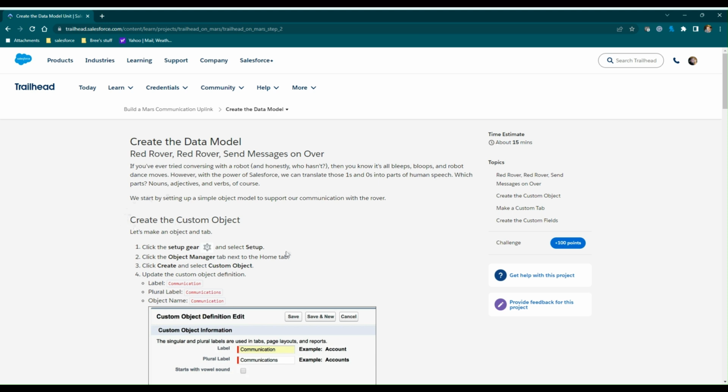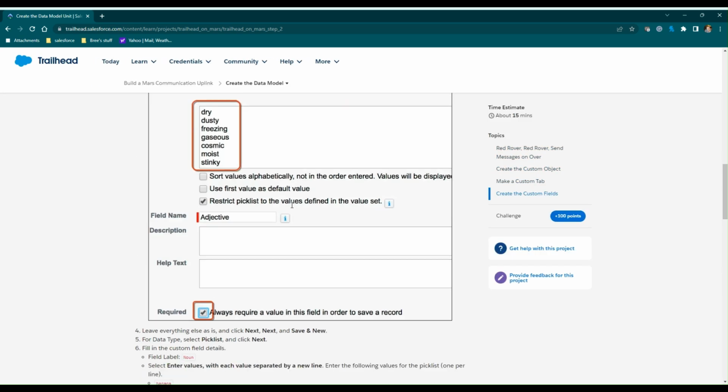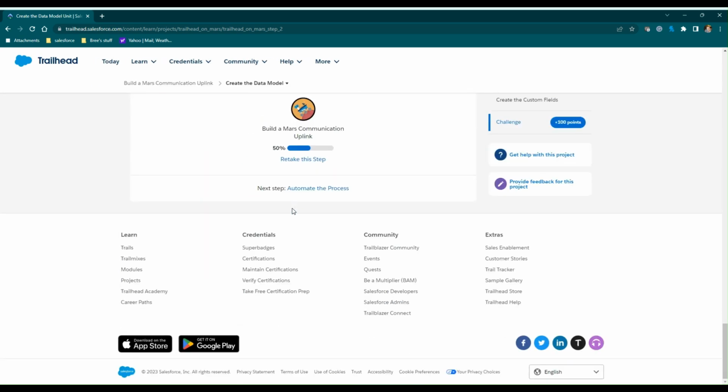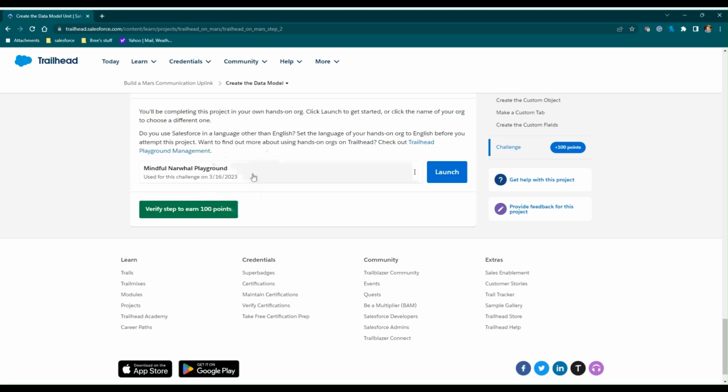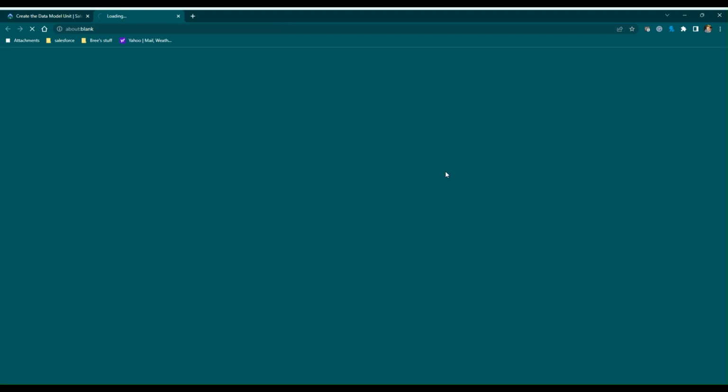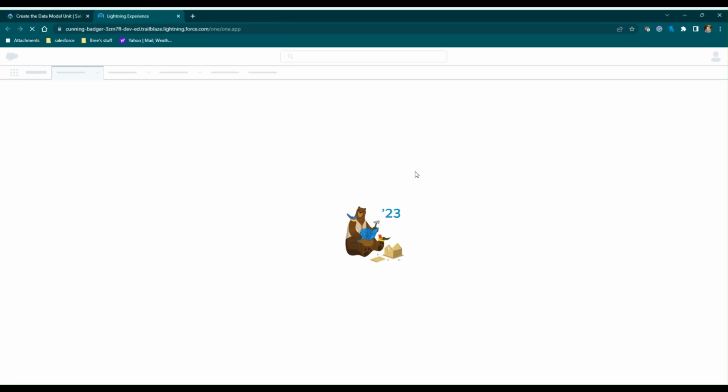And so the first thing it wants us to do is a custom object, but always with these, you read through them if you want. I don't. I just always start with launching my playground. So mine is called Narwhal. It gives them goofy names, but whatever. So the thing with having